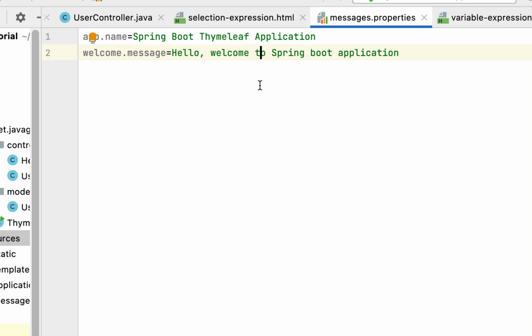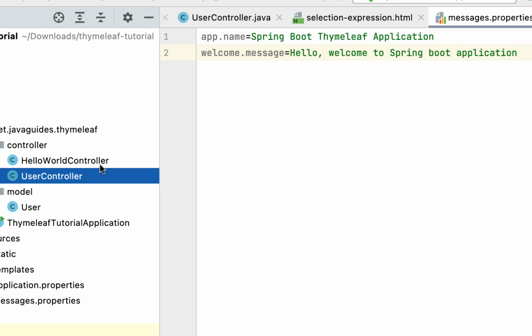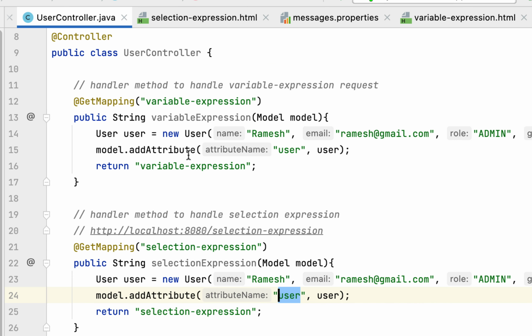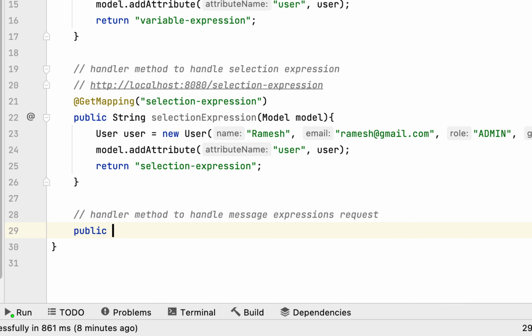Next, let's create a handler method that returns the Thymeleaf template view. Go to UserController, and within UserController, let's quickly create a handler method. Let me write the comment: handler method to handle message expressions request, something like that. Let's type the method: public, the return type of the method is String, and let's give the method name messageExpression,